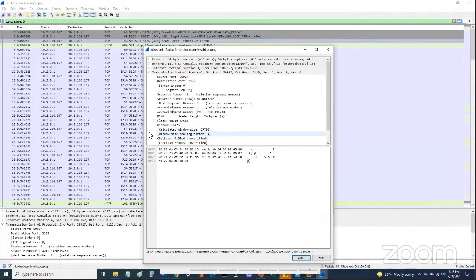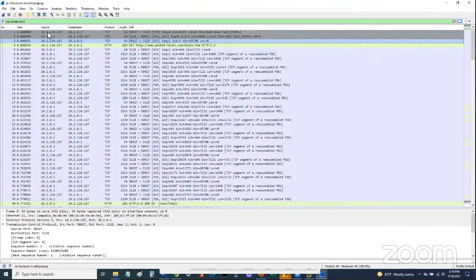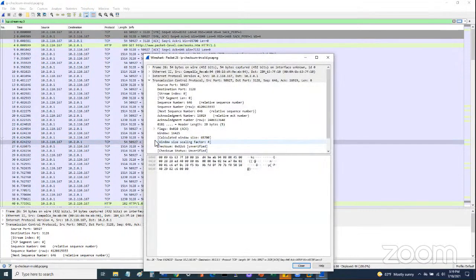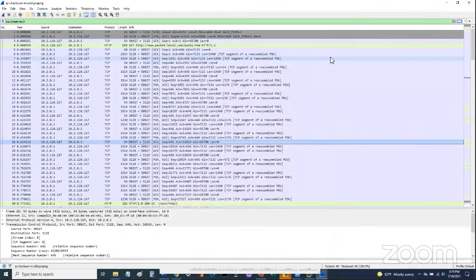Okay, but again, you should just be aware that if we have 2 endpoints in this conversation, in this case we have IP address 10.2.110.167 and IP address 10.2.0.1, each one of these is going to start with a different sequence number. It may coincidentally be the same, but you should expect that if we see some of the conversations later in here, the sequence numbers have gotten larger. So again, the current sequence number that we're looking at now is 646. Okay, so it just depends on how many packets are involved in the conversation.